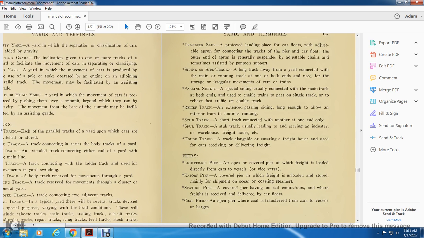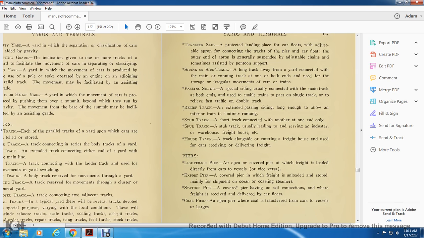Transfer slip: a protected landing place for the car floats, with an apron containing the track for the purpose of the car float, the outer end of the apron generally suspended with adjustable chains. Side track: a long track away from the yard